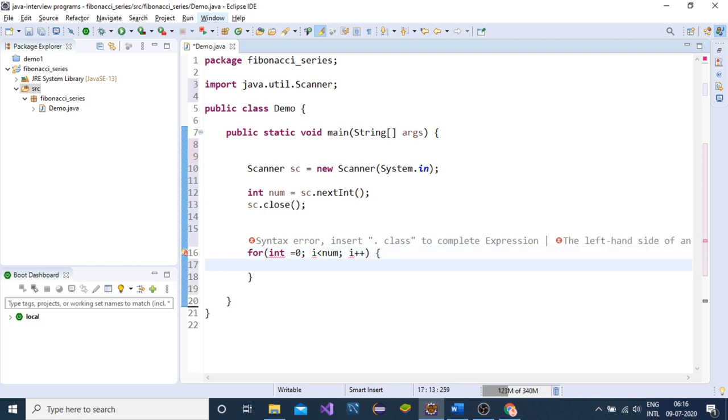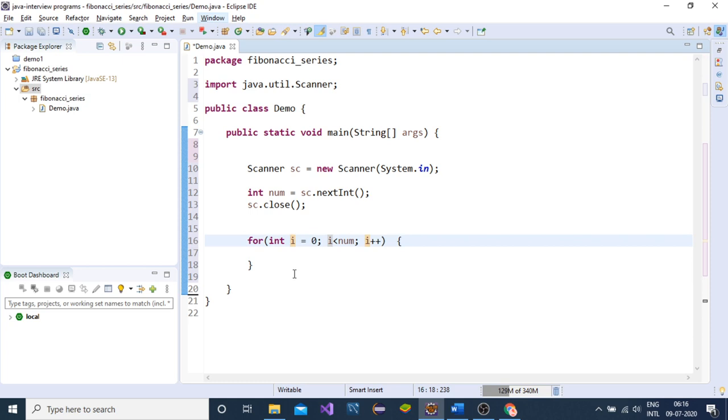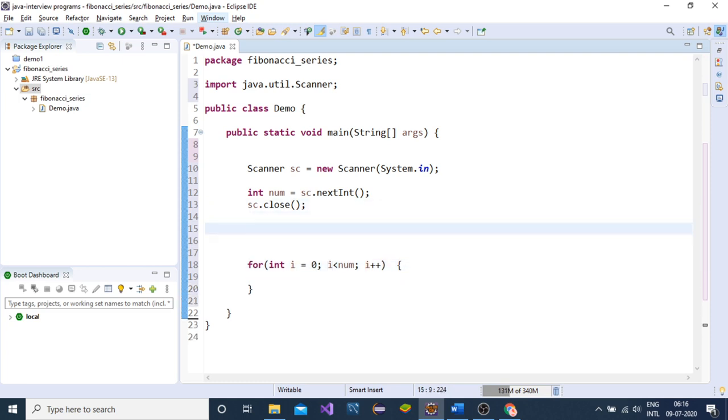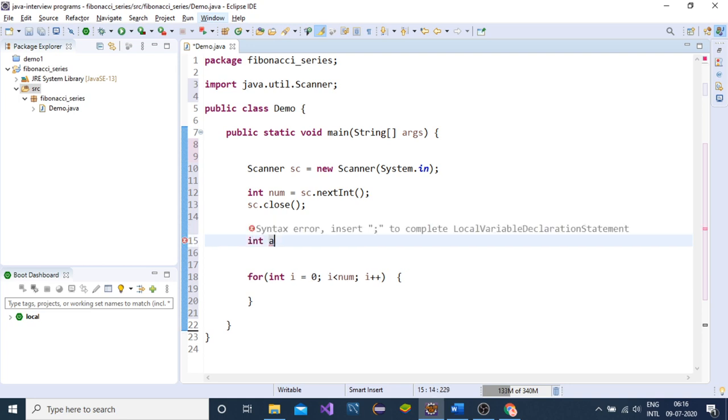Here we will use three variables for printing this series. Int a equals 0, b equals 1, sorry, 0, and c equals 1.